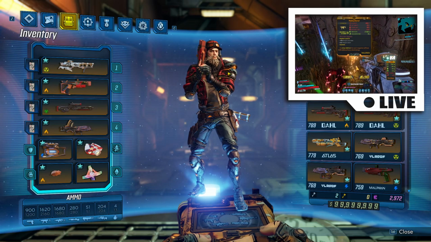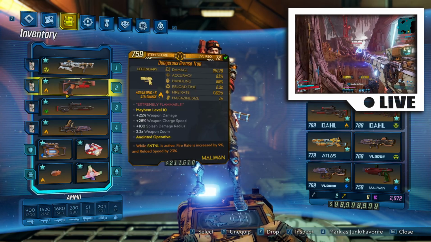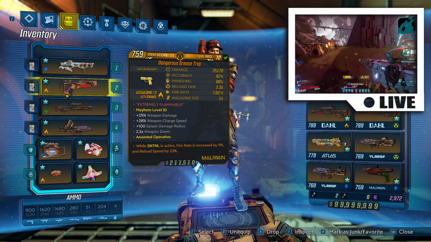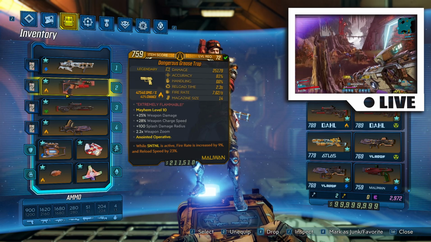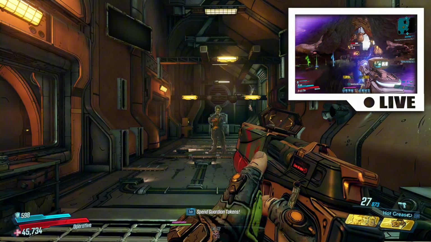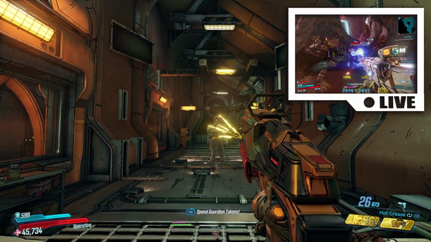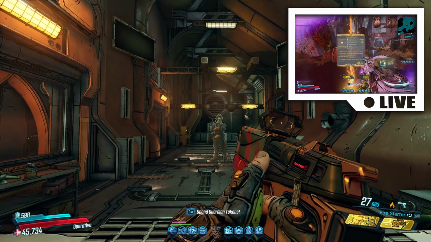Now the rest of the guns that we're using are mainly for the benefit of the clone. So we have the Grease Trap with the anointment: while Sentinel is active, the fire rate is increased by 9% and the reload speed is increased by 23%. Now the reason why we have that, if you didn't know, the Grease Trap has two firing modes. So it has the hot grease firing mode, which will debuff the enemy and make them vulnerable to the fire